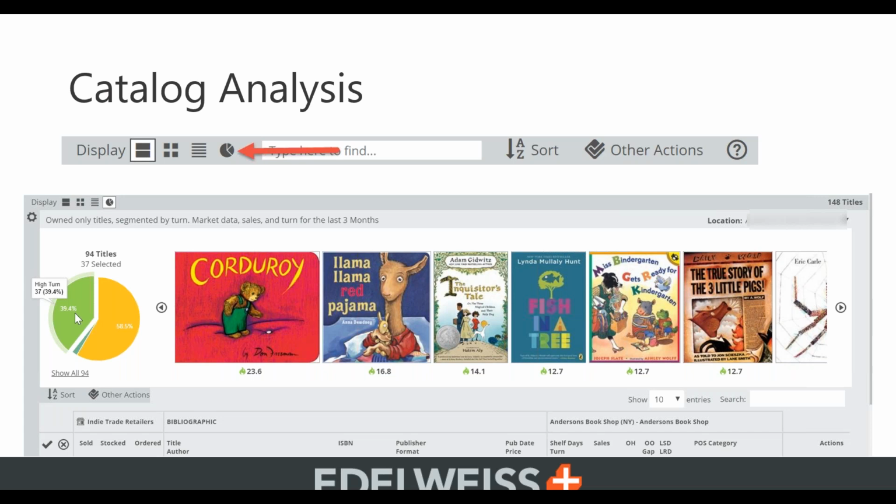You can switch views from the regular catalog view where you see all the metadata about your titles to this kind of view, and you'll see the arrows pointing to a little tiny pie, and that's an added feature you get with Edelweiss Analytics, where you get to click on that little pie up at the top and switch to this display mode, which is the analytics display mode. And it will just take that group of titles. Now, if you've got some other publishers' titles in there,